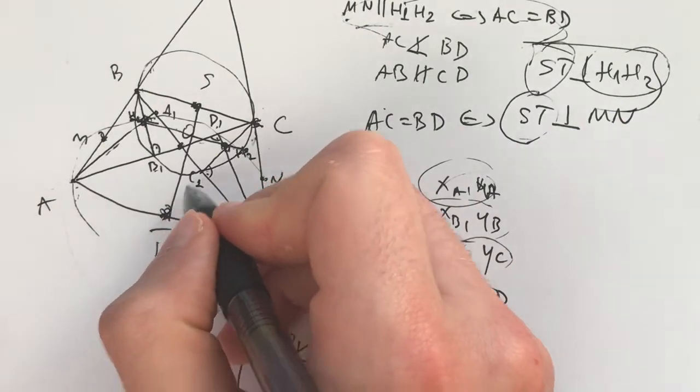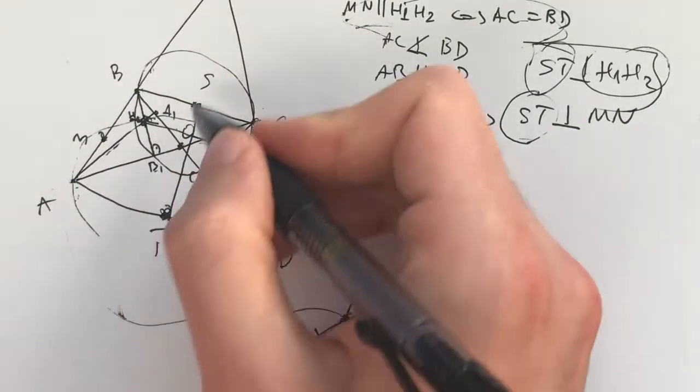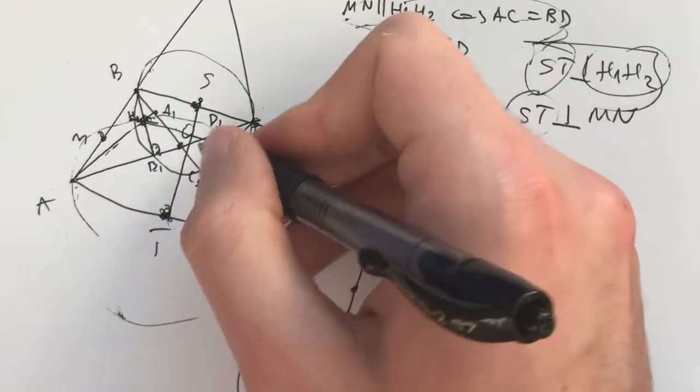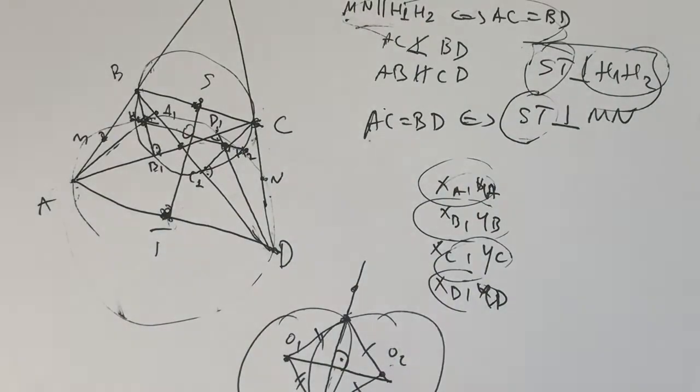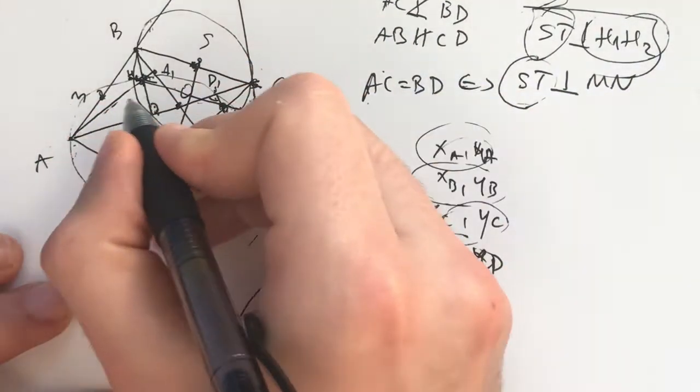So that makes sense to look at this as your problem condition. And then what you have is a circle with center T and a circle with center S, and they contain these points which make up the orthocenters. So that's sort of the logic behind why you would look at the radical axis. But anyway, now it's really just noting that